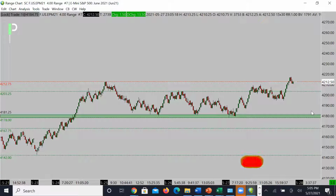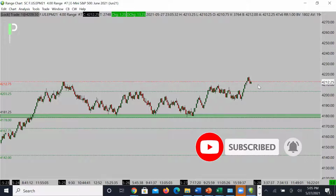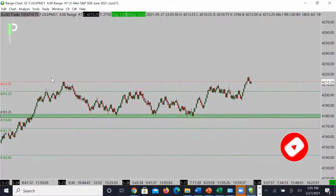Again, I probably won't be looking for too much right now on S&P, given that we're in a little bit of a tight area here, but this is one of our resistances. We popped a little bit above it, not convincingly yet though, so I don't know if we're really going to go bullish and continue this trend up from this area. Really want to see it on top of the level, hold that support there, and then continue to move up. But right now we're kind of chopping between that level, so it's better for us to kind of either stay out of it, or if you want anything, I think that if it exhausts right at this area,